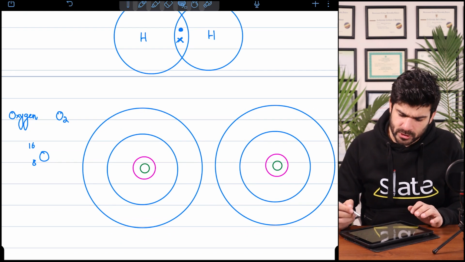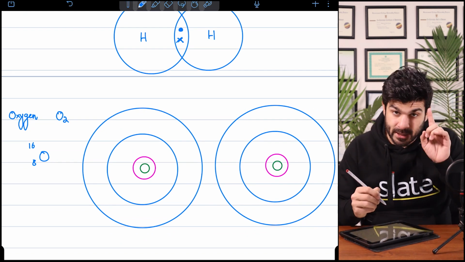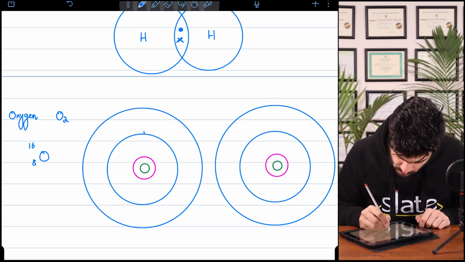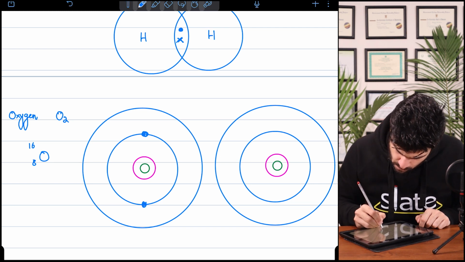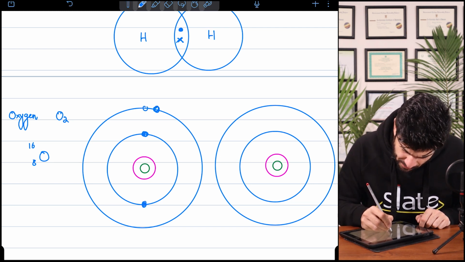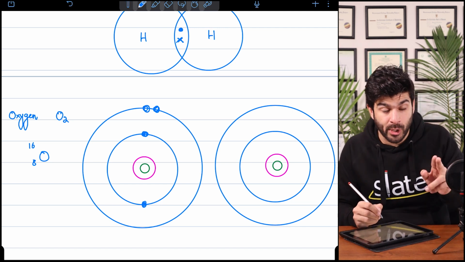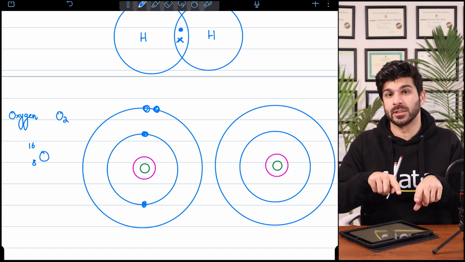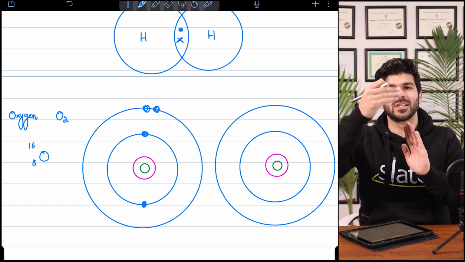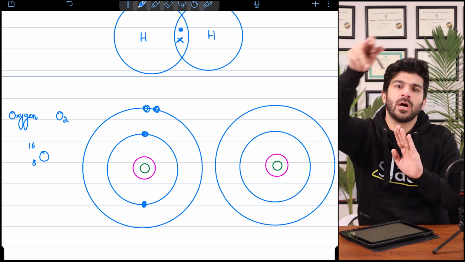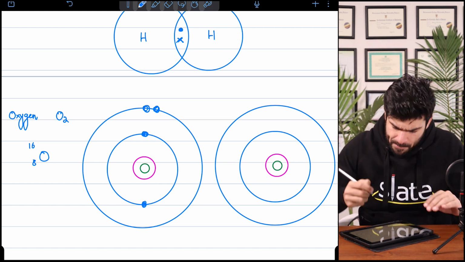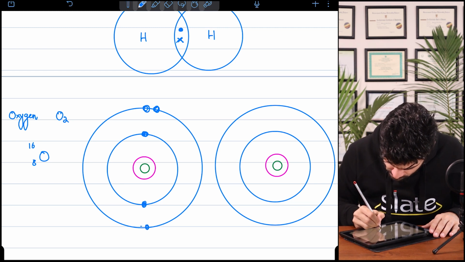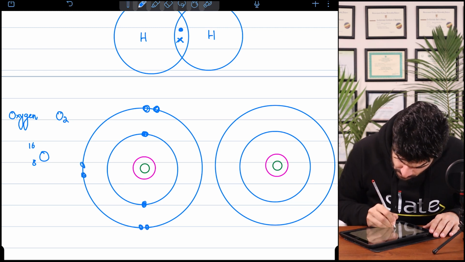So now we have 2 oxygens. And there's going to be good news for you. Preferably for covalent bonding. For ionic bonding, remember we made all the shells. The first shell, the second shell, the third shell. Electrons are lost. We remove the third shell. Remember? But for covalent bonding, the practice is,